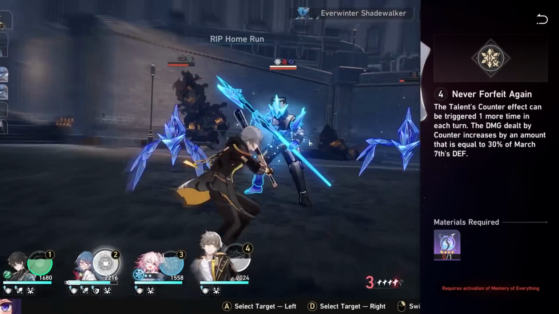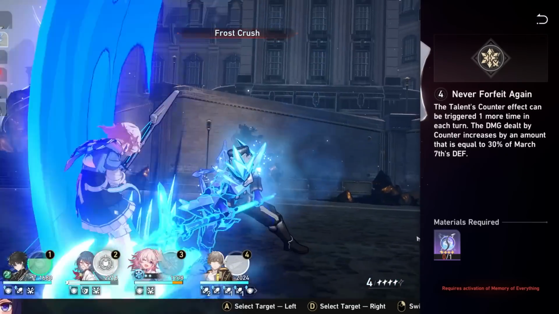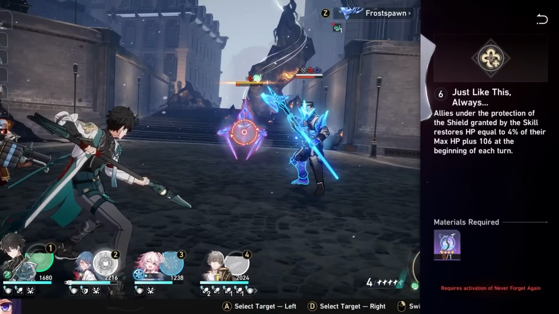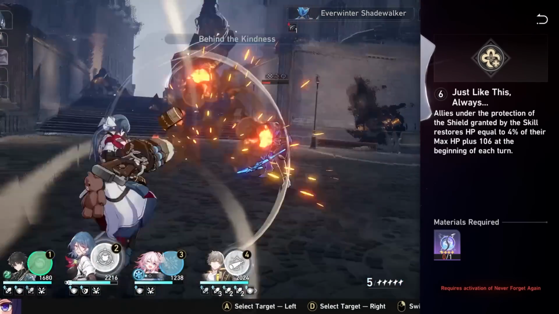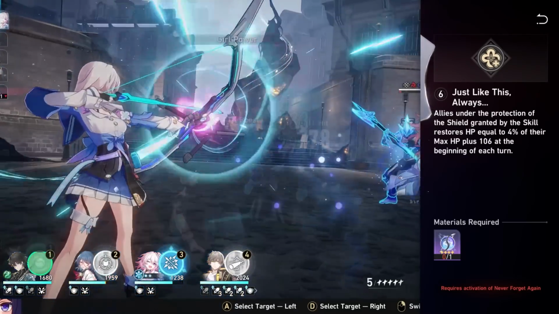The big thing from this constellation though is partial defense scaling on her counterattack, since her build is strongly influenced by defense. It's going to increase her damage by a decent amount. Her E5 levels up her skill and talent, which is pretty solid, and her E6 is probably her biggest change. It turns March into a pseudo healer, which gives her allies a shield from her HP back at the start of every turn. Now this healing is based off of the ally's HP, so March's personal HP doesn't matter much. But with that said,